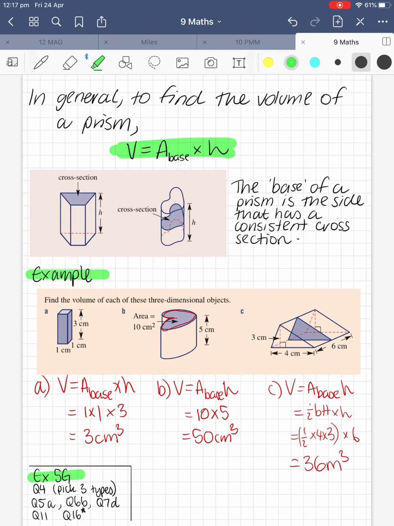So guys, what I want you to do now is head to exercise 5G and have a go at any 3 questions in question 4 that you like. 5A, 6B, 7D, question 11, and if you want a bit of a challenge, head to question 16. Remember, you can email me if you have